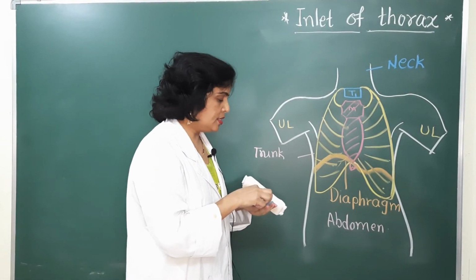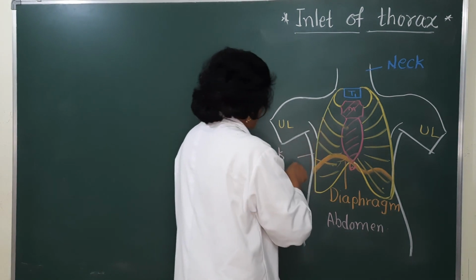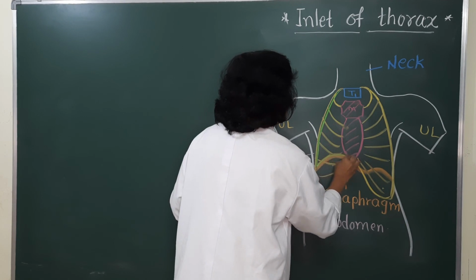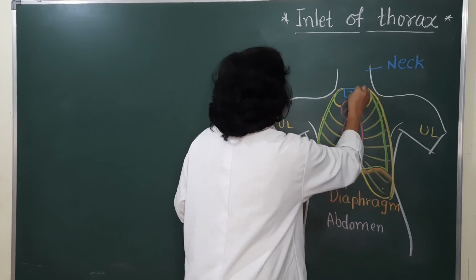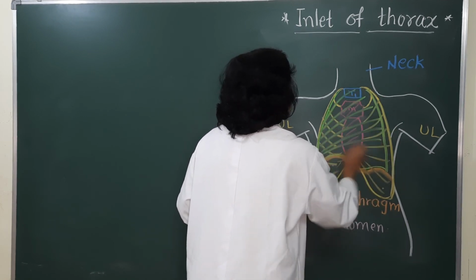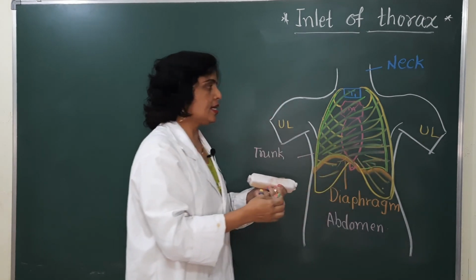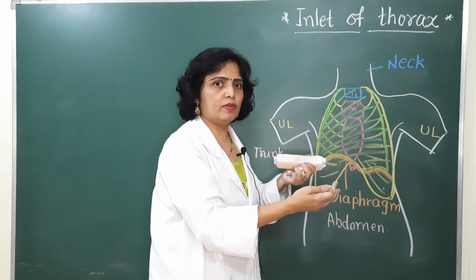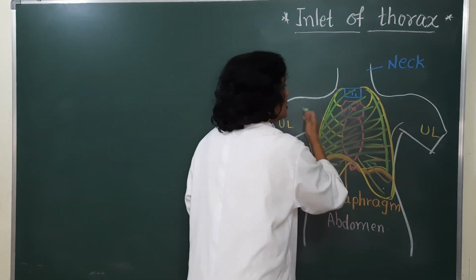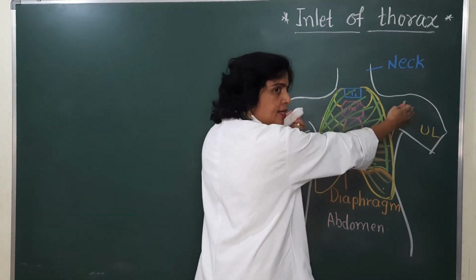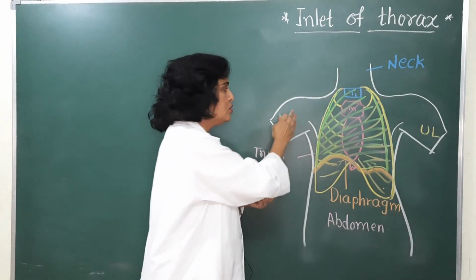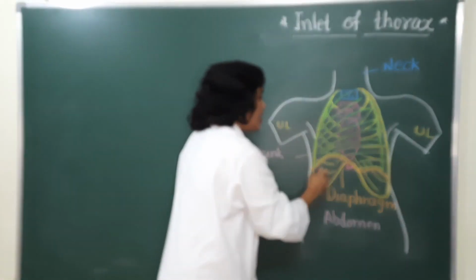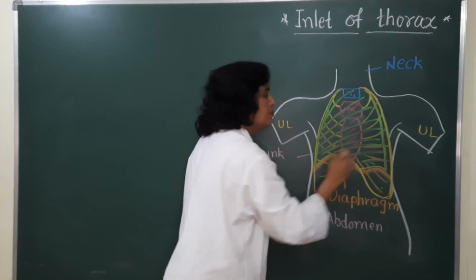Now if you see this thoracic cavity, actually the thoracic cavity is over here. It is only this much part that is the thoracic cavity. So it's very clear that the thoracic cavity appears large in size from outside. There are two reasons for this. It appears large in the upper part because of the shoulder and the pectoral muscles, because the thoracic cage is narrow in the upper part, and in the lower part it is encroached by the diaphragm.